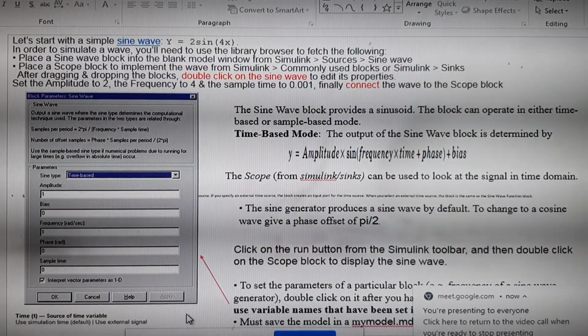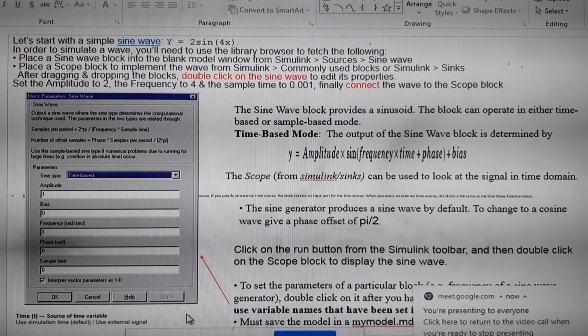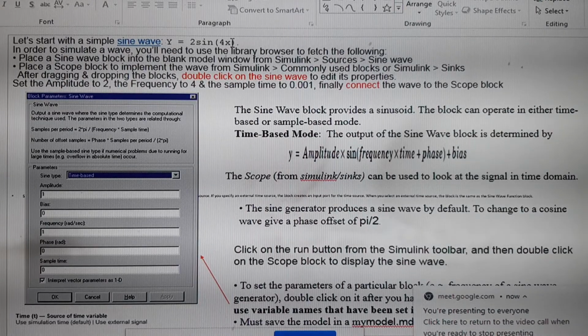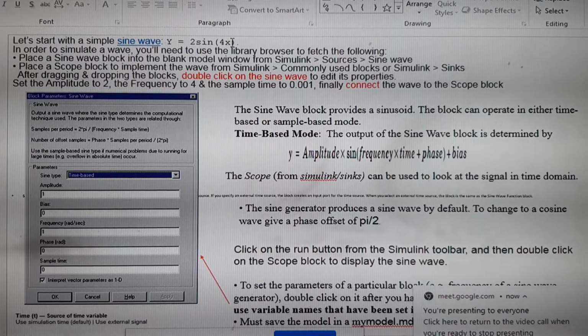Here, when you connect a sine block with a scope block, how is this X defined? This X is defined by using the simulation time.